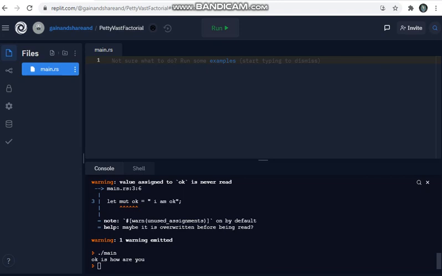So now in this video, let's discuss the struct in the Rust programming language. Basically, a struct is nothing but something that contains a specific structure. Now let's implement that specific structure in code. Let's begin.